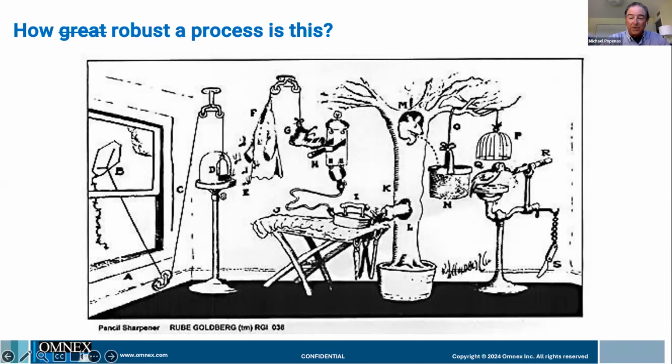If there's any question on how this works, a pencil sharpener, of course, every pencil sharpener has to have a window, right? Through which you would fly a kite that's attached to a string through a pulley that when the wind blows, there's a cloud right here. When the wind blows, it opens a gate for a group of moths to escape from their cage. And of course, then they can attack a woolen garment that's hanging across another pulley system, counterweighted with an old